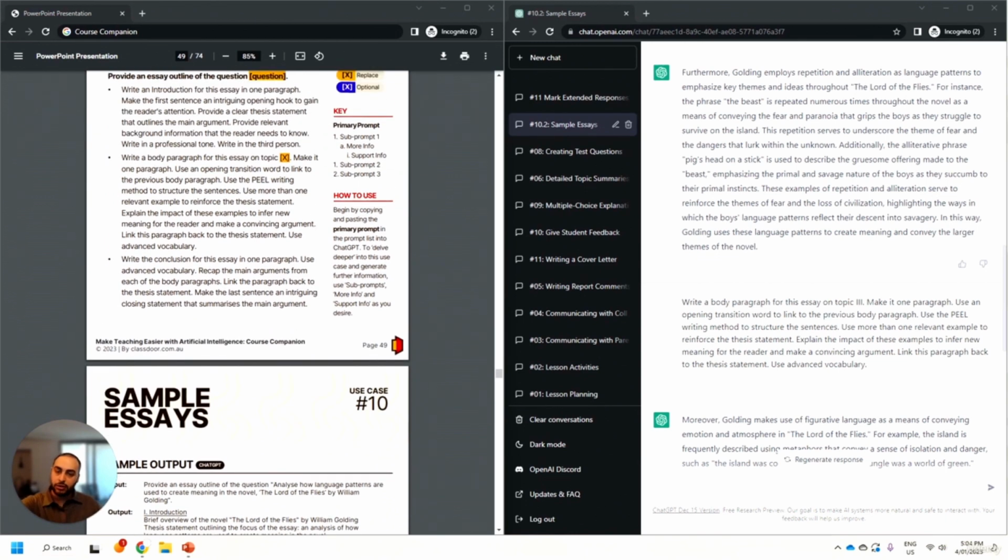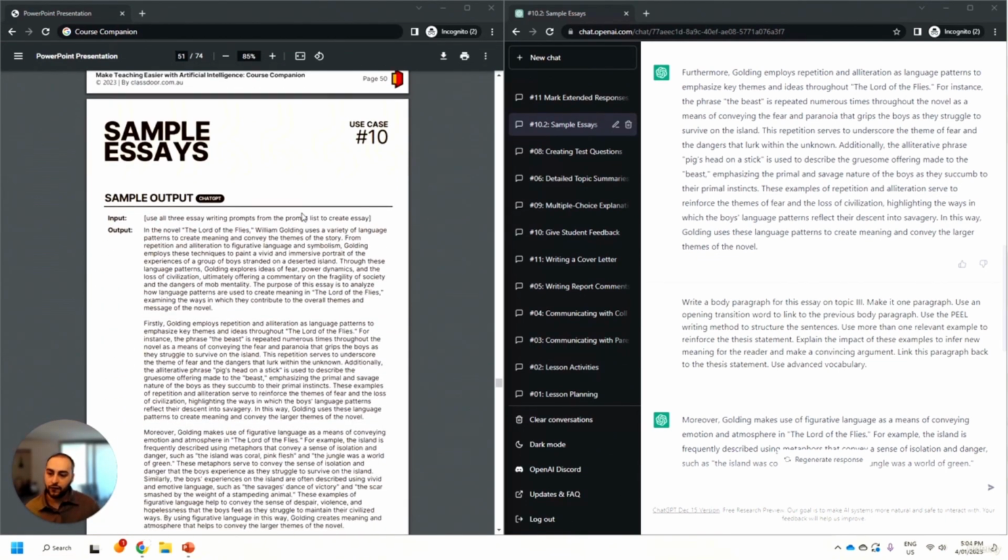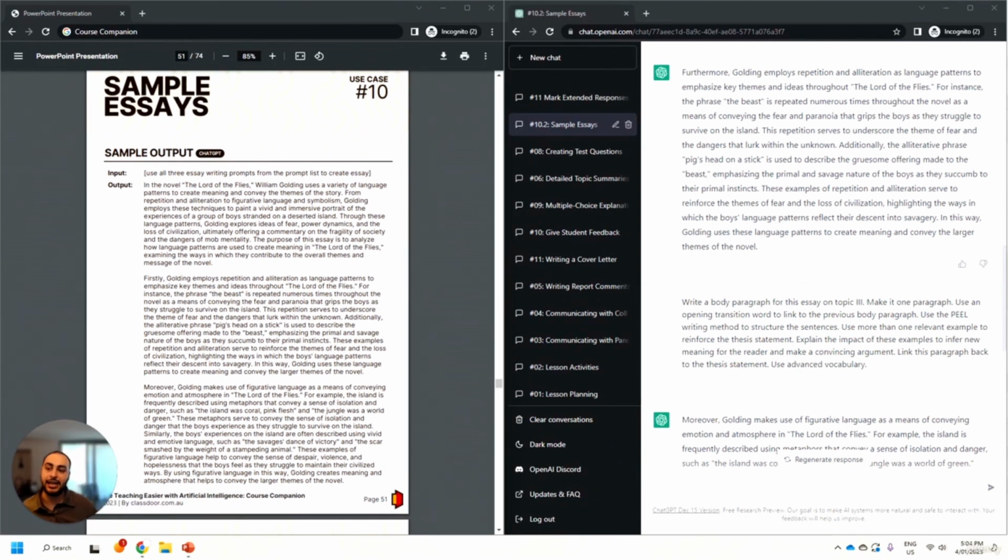I encourage you to read through the sub-prompts and then read through the sample output where I've copied and pasted the amalgamated essay together so you can see the quality. It's not perfect, but it will get stronger over time, and we can discuss how we can help support our students when they inevitably discover this as well in our later sections.